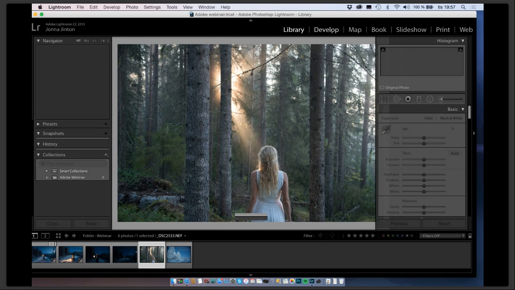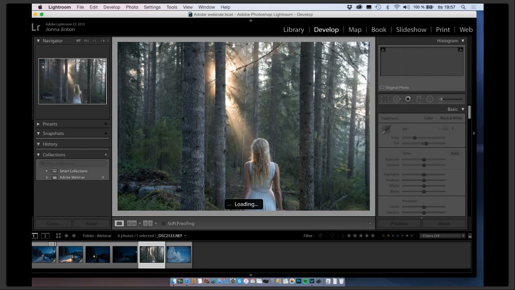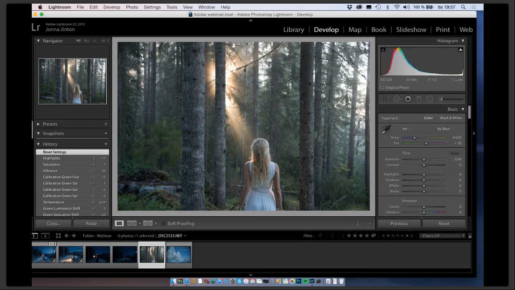Someone asks me how I take the photos of myself, and I use a remote. Maybe some of you know what a remote is, but it's like a little